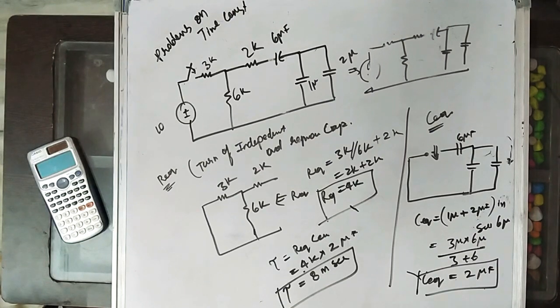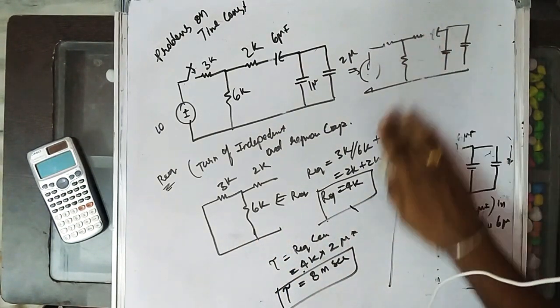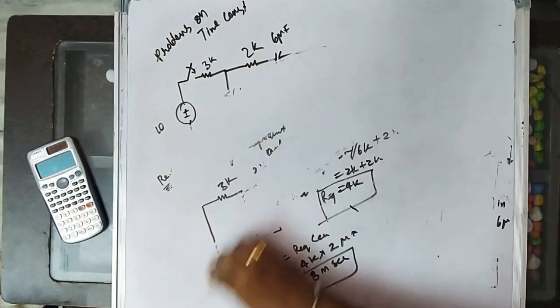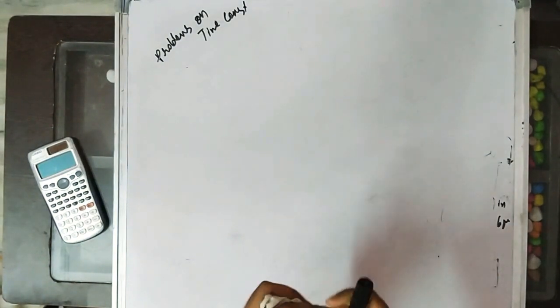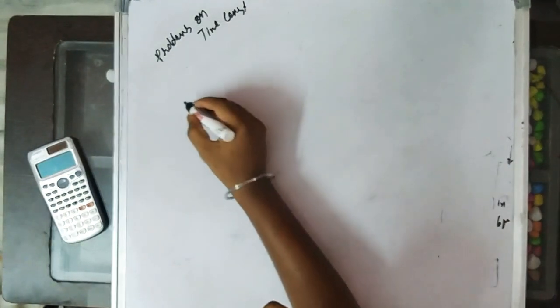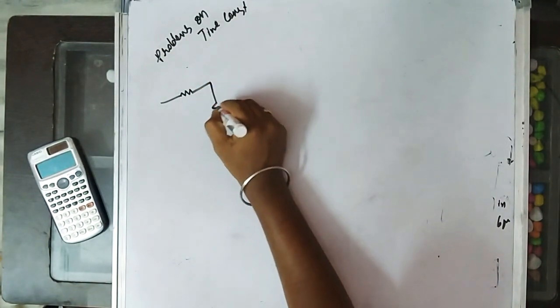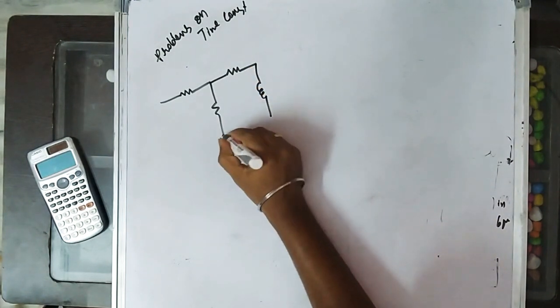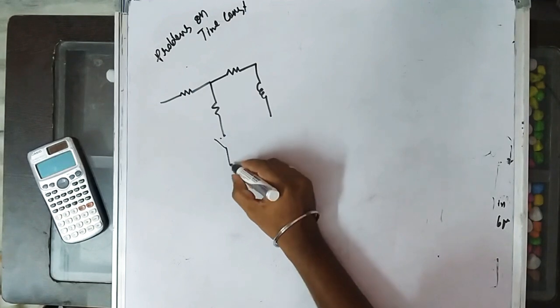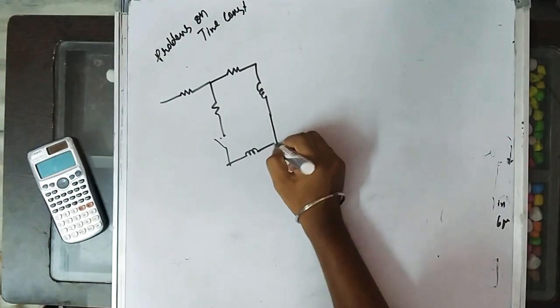Now there are many problems based on this, but we are confining ourselves to 2 circuits. What you have to do is find R equivalent and C equivalent separately, and then find the time constant. Now we'll solve a few time constant problems based on RL circuits. Let me take a small simple circuit. Understanding the concept here is very important, and how I am taking R equivalent and L equivalent is very important.